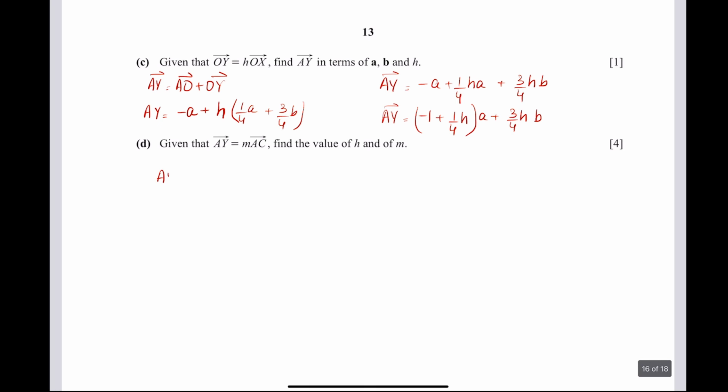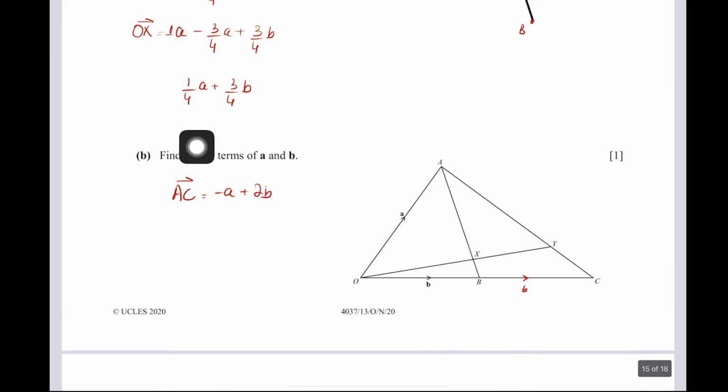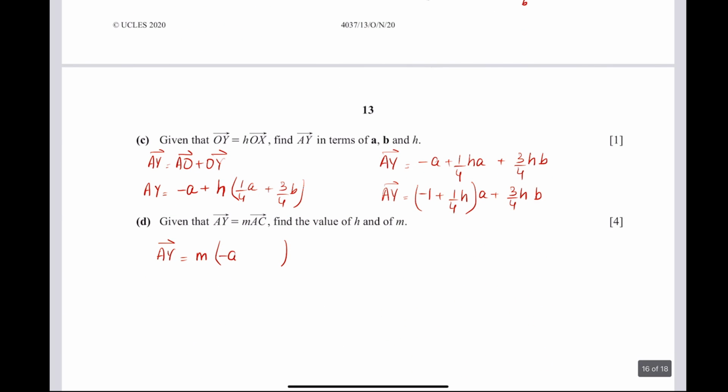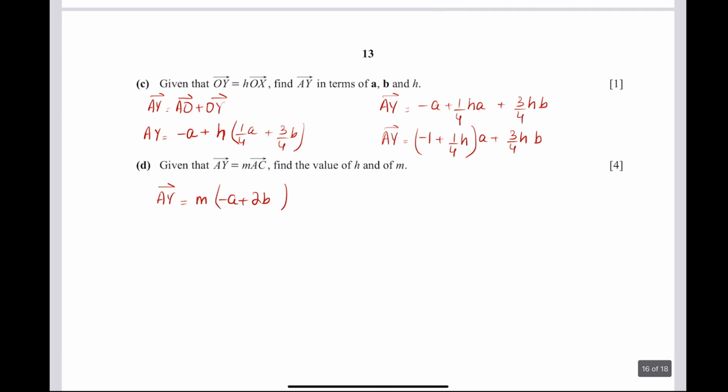Now again, you have to find out AY, and AY this time is basically m times AC. So here you don't have to do any hard work. You know why? Because we already know what AC is equal to. The question has already made us find out AC. It's minus A plus 2B. So immediately I'm just going to replace it with minus A plus 2B, and now you can see that AY equals minus MA plus 2MB. Okay, and the same AY is also equal to